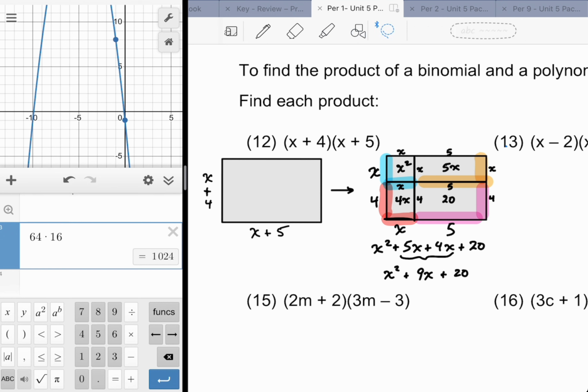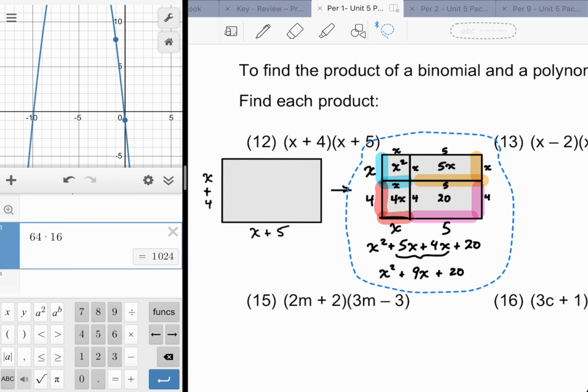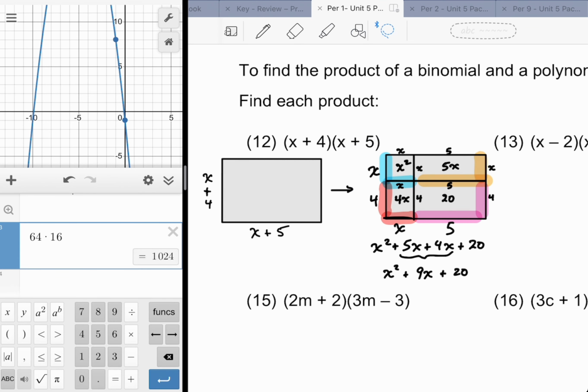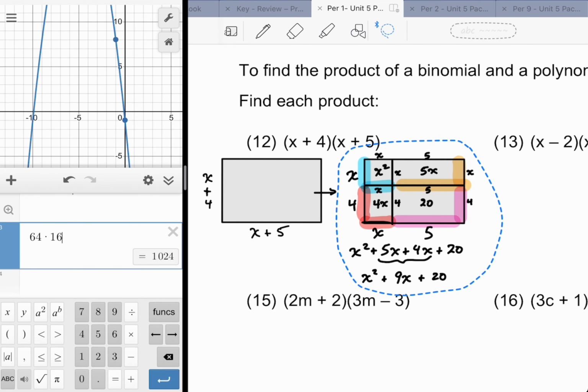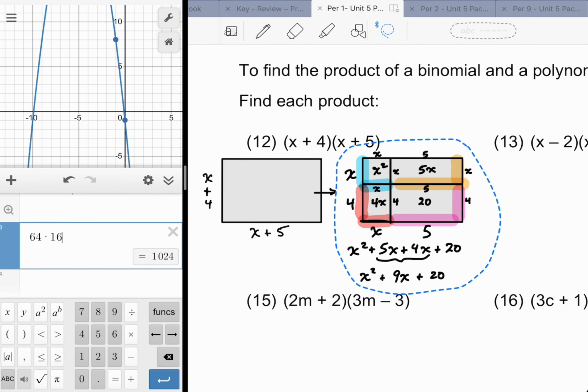Which is why I'm not going to ask you to do this like 10 times on a test, but you know those free response questions, the ones where you show all work. This will be the all work that I want to see, justified by showing the areas. All right. Now, there is another way to do it, but basically it amounts